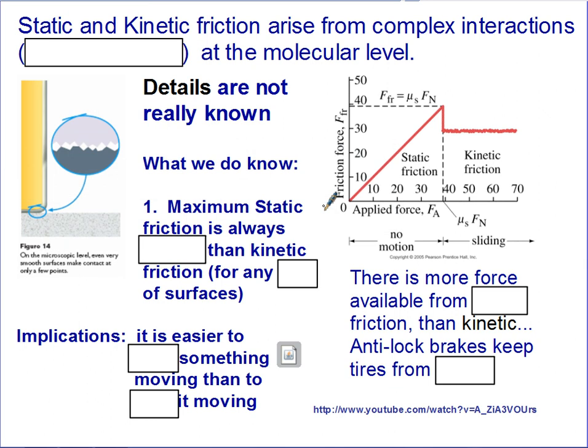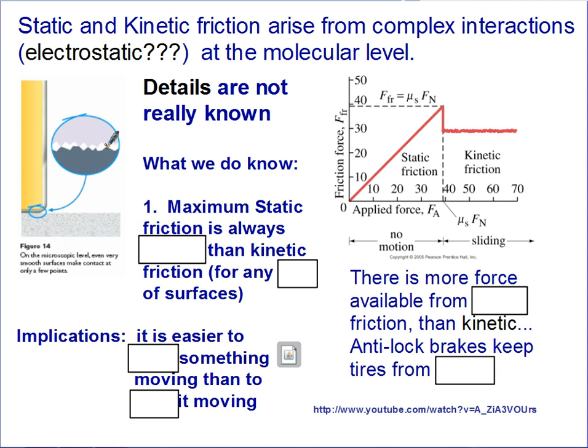So as we continue on our study of static and kinetic friction, we see that they arise from complex interactions at the molecular level. We believe that those interactions are electrostatic in nature. So the idea behind this is that no matter what surfaces we look at, if we continue to look closer and closer down at the atomic or microscopic level, we're going to start to see that every object, no matter how smooth, certainly has maybe some jagged edges, if you will.